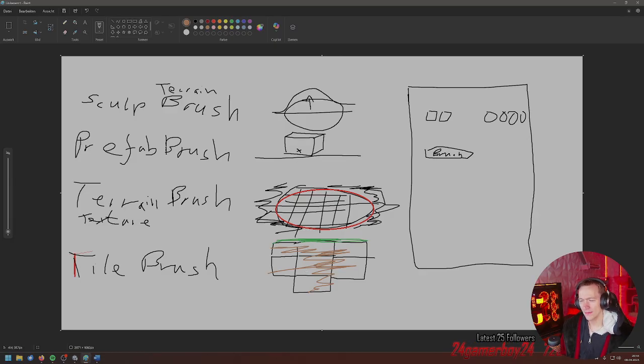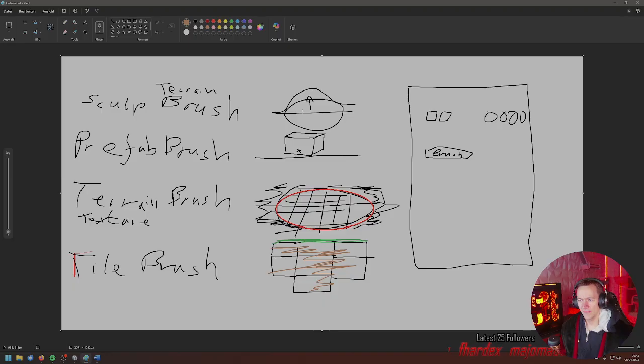Now I thought I needed a paint function in every brush, but then I came across the problem that a sculpt brush doesn't have a paint function. With a terrain brush you can make a hill, a plateau. You can sculpt anything, and this just doesn't fit the definition of a sculpt brush.